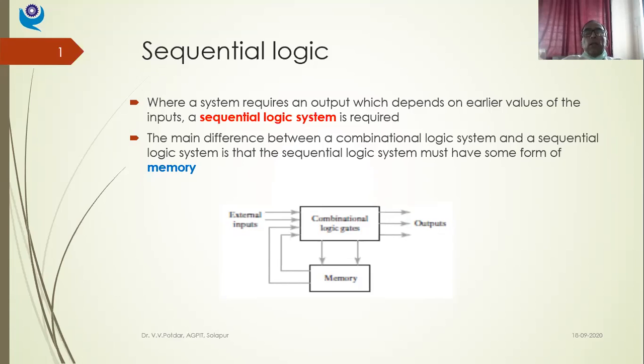One was combinational logic, and the second one was sequential logic system. The difference also we identified. Sequential logic circuitry have a memory element included in them, whereas in plain combinational logic systems, we don't have memory elements. Rather than requirements, we set the circuit and use it for our particular application.